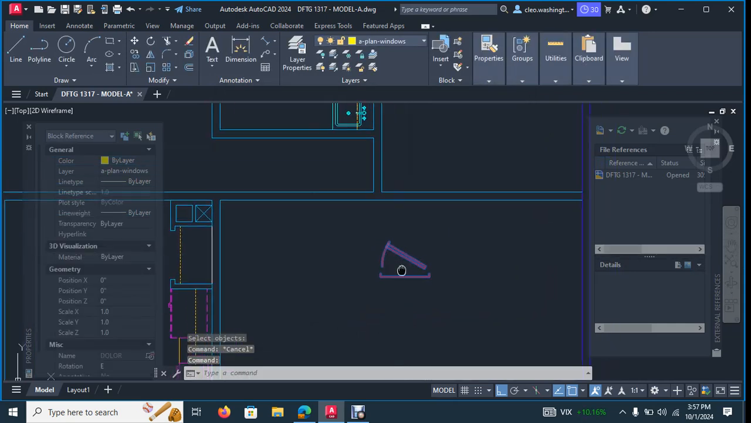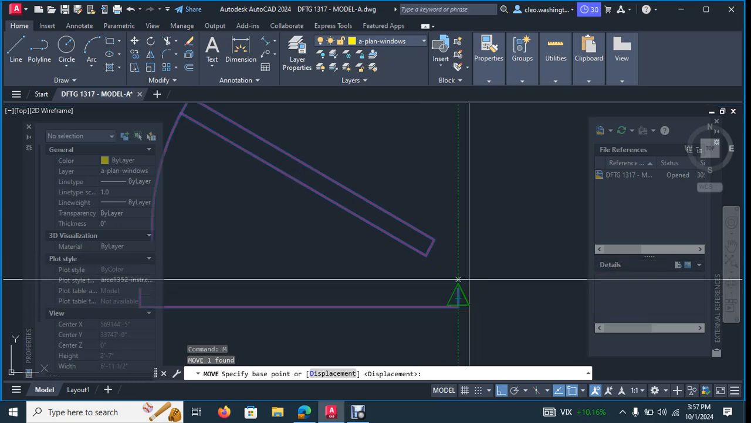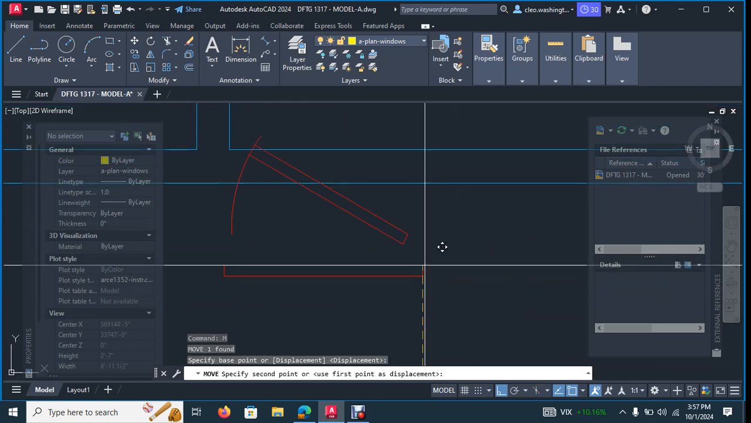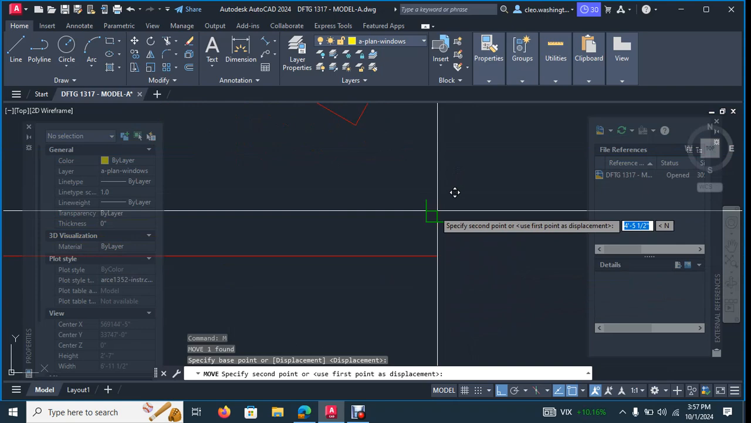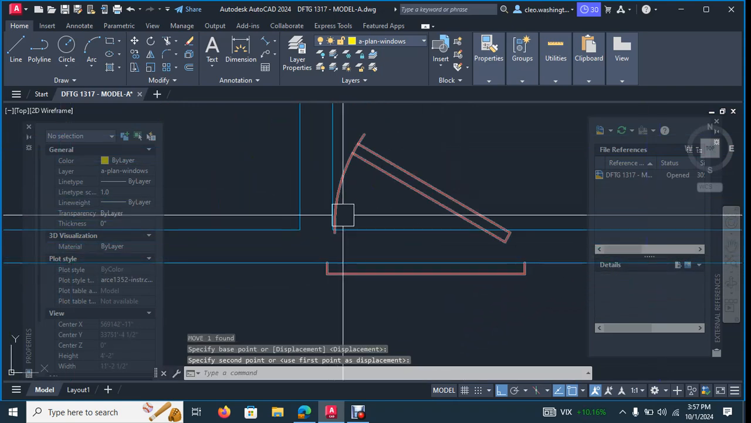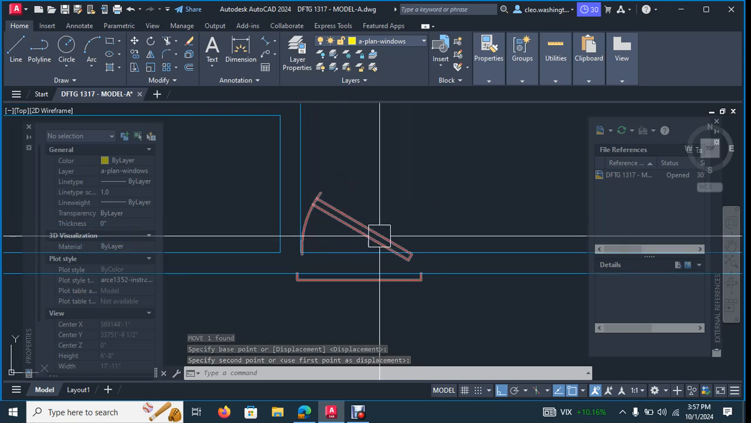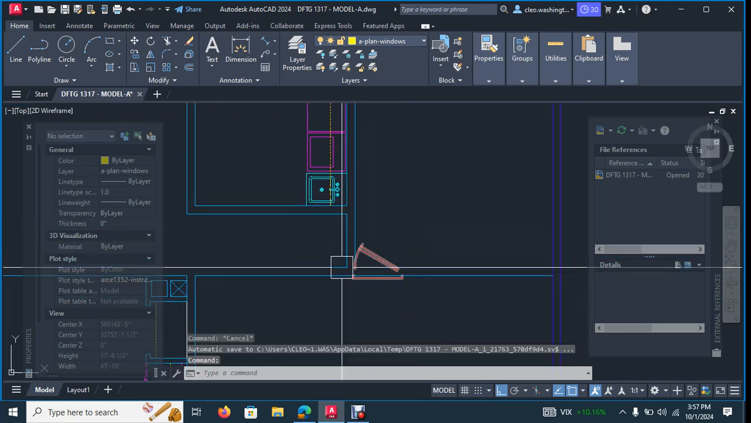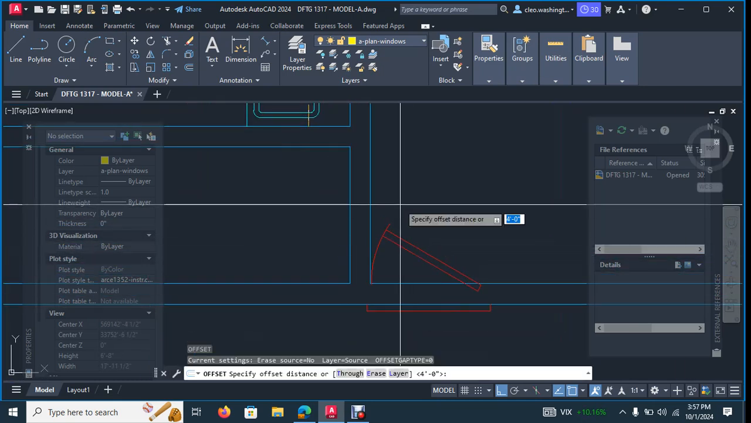So let's move this guy here. All right, so there's our door. Now let's go ahead and add our dimensions. So you type in DI. Let's just go ahead and use this guy. So we'll click here, and we will click, let's see,